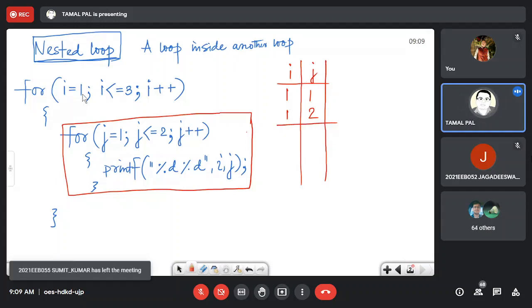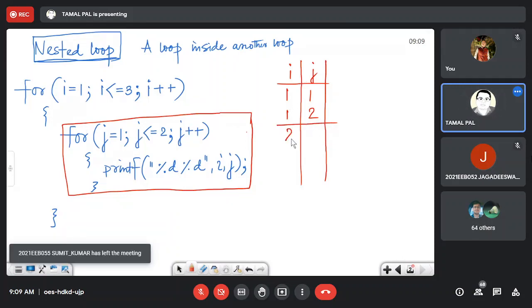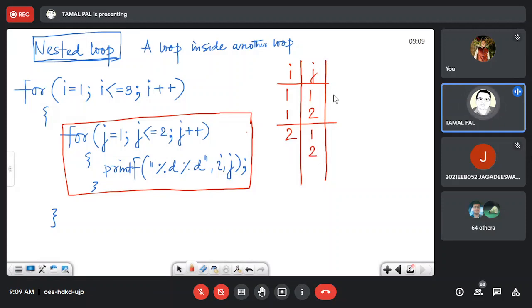Similarly, when I becomes 2, then j becomes 1 and 2. So your output is 1 1, this time 1 2, this time 2 1, this time 2 2.